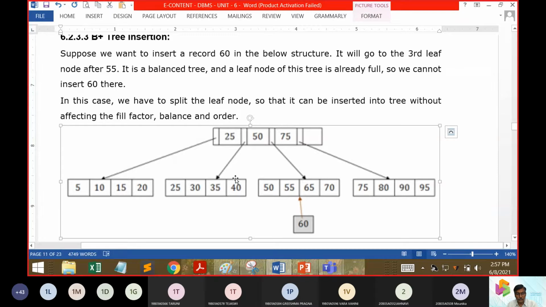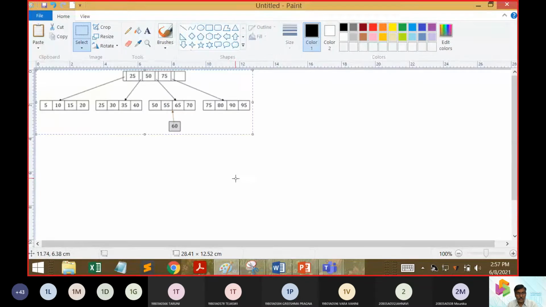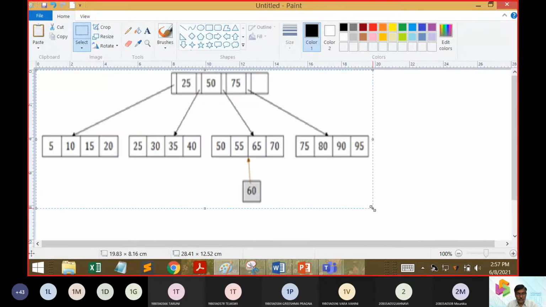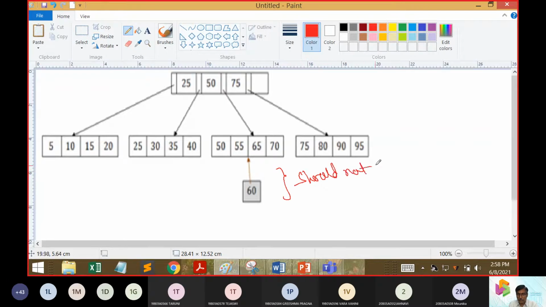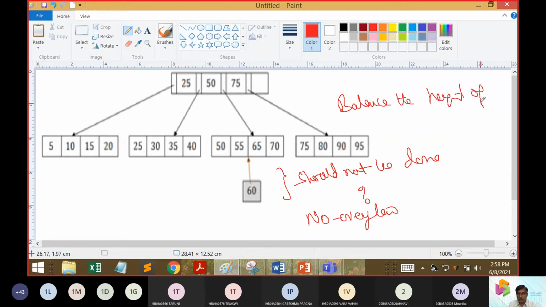Assume that we need to include 60, but 60 should not be done. Why? The reason was no overflow. Second thing, we must balance the height of the B plus tree.